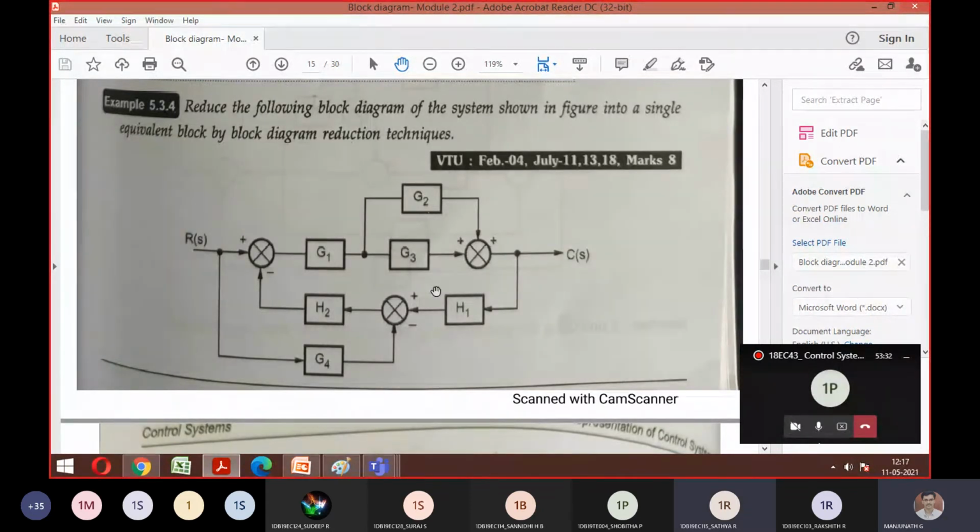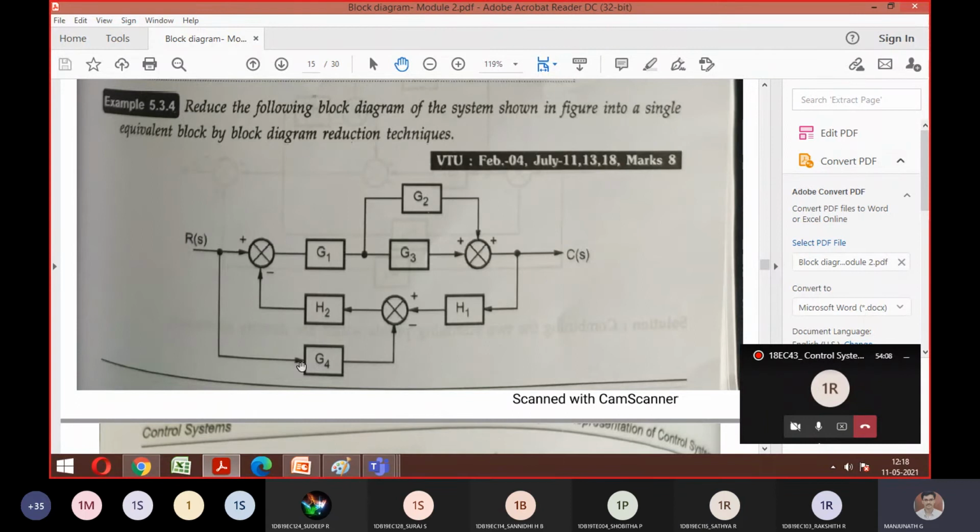Sir, there are 2 forward paths. Okay, 1 and this 2. Good. Is it sure? Only 2? 3, sir. Oh, no, 2. You're telling this also? No, sir. That's feedback. Here H2 is there. Look at the things carefully. This is not a feedback path. Yes, sir, it is the input to the forward output path. Correct. See, you can see the arrow mark. That arrow mark will help you out.